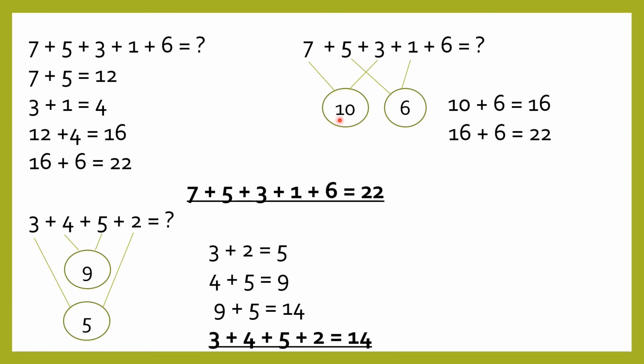Instead I am going to use the joined numbers. So 10 plus 6 plus 6 is what? 10 plus 6 is 16. And 16 plus 6 is 22. You can see this answer 22 is the same as my previous answer. That means you can either go for this one method or your step by step method.